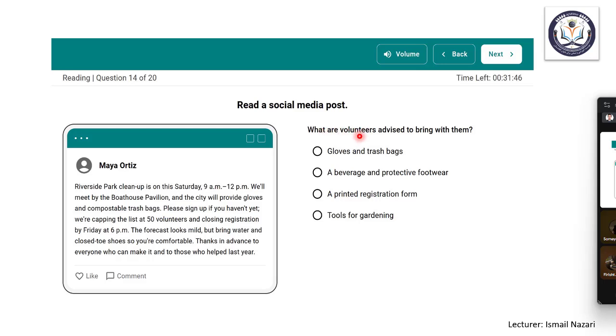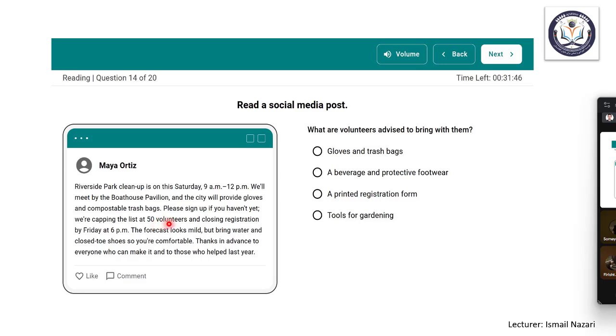So the next keyword is volunteers. Volunteers is a keyword here, and then bring with them, advised to bring with them. If we take a look at the daily life task given inside this passage, this passage uses volunteers, for example, here we have 50 volunteers, and we don't have any other part inside the passage that uses the word volunteer. So the answer would be